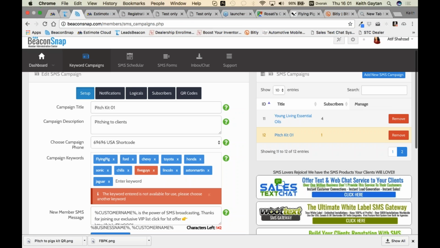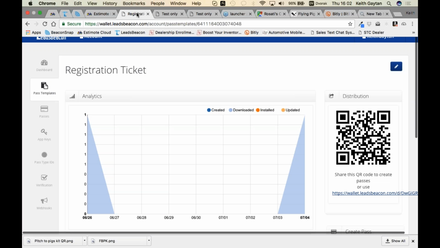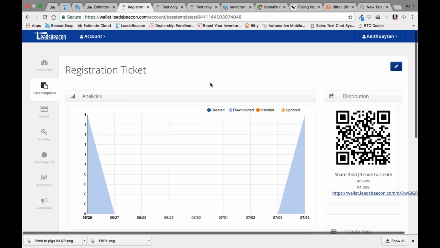Well said. A couple more questions. Let's try to get through this confusion here with the beacons and mobile wallet. Beacons are not required for mobile wallet, but let's talk about when you want to use a beacon for mobile wallet, Keith. When you want to use a beacon for mobile wallet, all it means is, like I just said a second ago, and I'm sure this question came in before that, if someone buys this ticket,